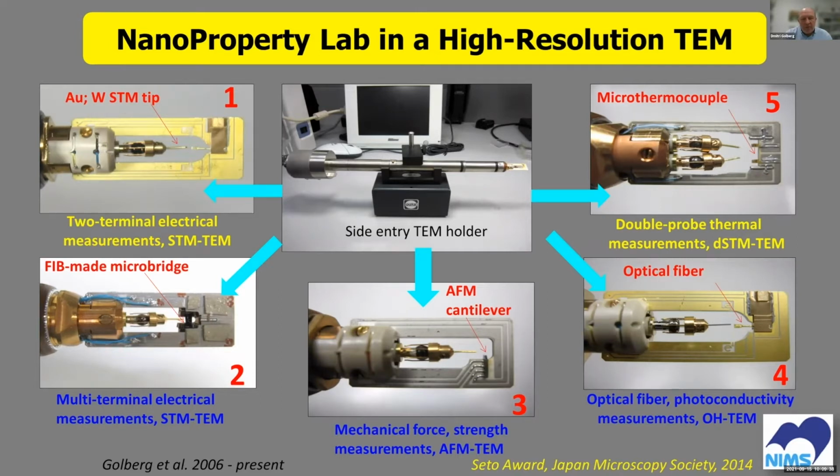Maybe it's one of the best research organizations of the country in Japan. And we started collaboration with a Swedish company, so-called Nanofactory. One by one, I bought 5 different holders from this company over maybe 3 or 4 years. These holders are named here 1, 2, 3, 4, 5. The one shown here is called Electrical Holder. And then we have a multi-bridge, with like 12 different contacts